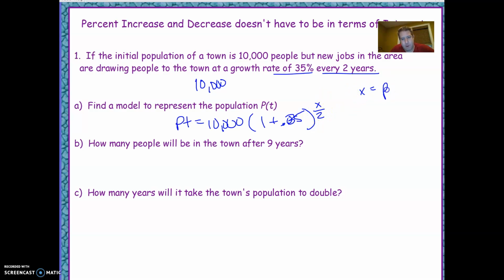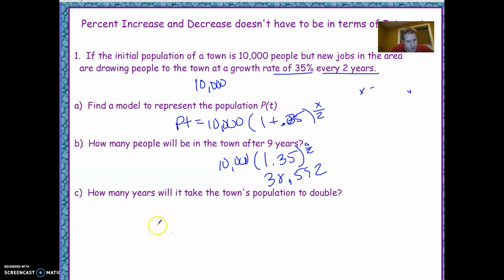All right, how many people will be in the town after 9 years? So now I'm just going to put 9 in for x and solve. So 10,000 times 1 plus 0.35, or just 1.35 at this point. I can combine those like terms. This is not compounded continuously. 1.35 to the 9 over 2 power. Well, that's 4.5, so I can just put that in the calculator. 10,000, parenthesis, 1.35, end parenthesis, to the 4.5 power. And that gives me about